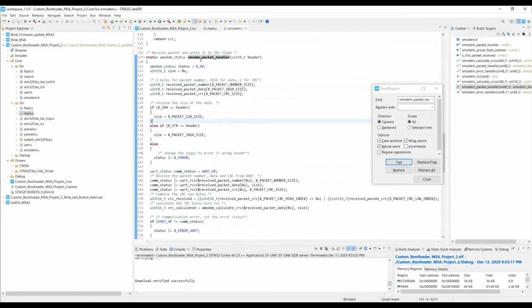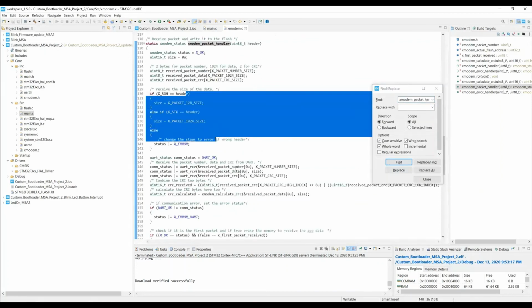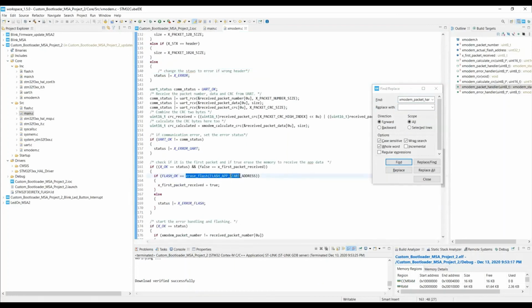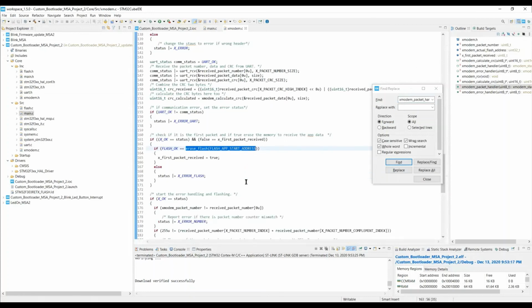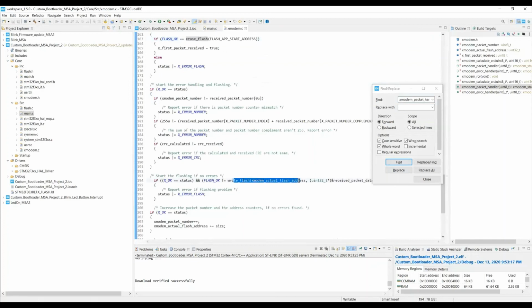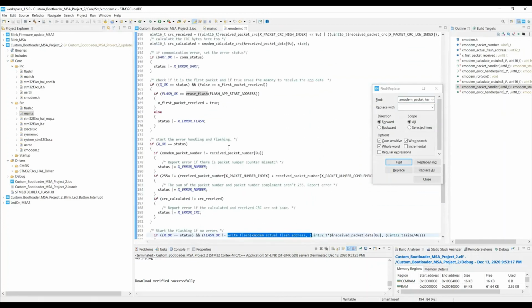So this API will take the data and it will flash. If you see here, it is erasing how much flash we want. It will erase all those flash areas, and later it will write into the flash. All these binaries will be written into the flash. So once it is done,